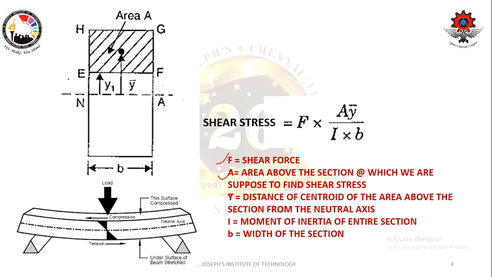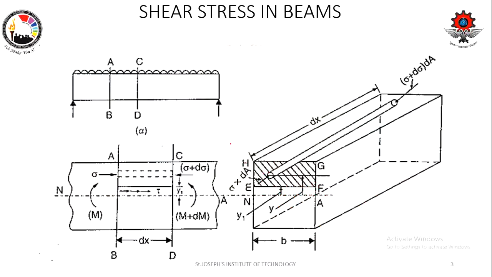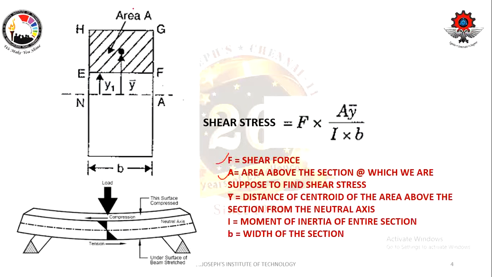So in this case, we will look at the previous slide. They have shown a cut section view. This cut section is separately shown in the next slide. See, this is the cut section, right? We are going to deal only with this cut section area, right? This particular beam is of rectangular section.